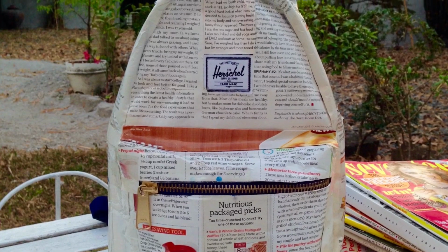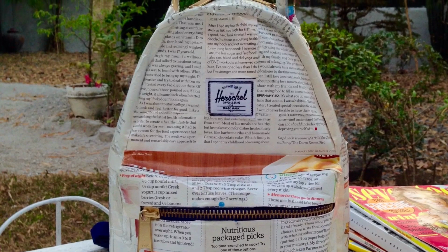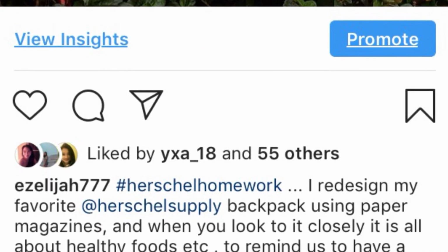So I decided to join, and before that I prayed to God to give me an idea and to guide me. I redesigned my Herschel Supply backpack using a paper magazine. I chose the healthy recipe article because I am a health and wellness enthusiast, and I wanted something minimalist yet eye-catching. After I redesigned my backpack, I posted it on my Instagram account,